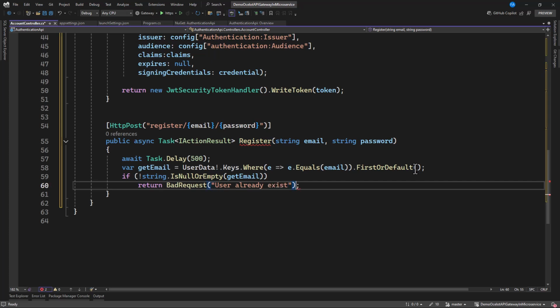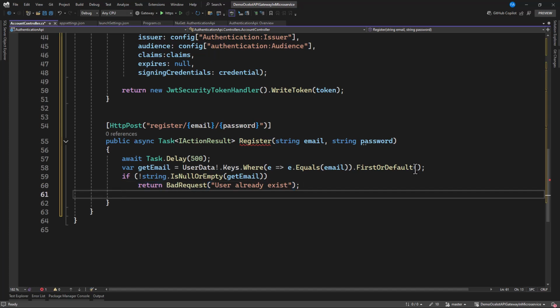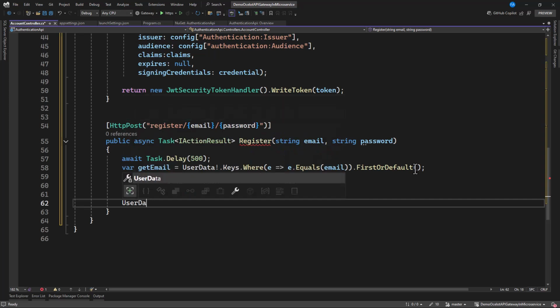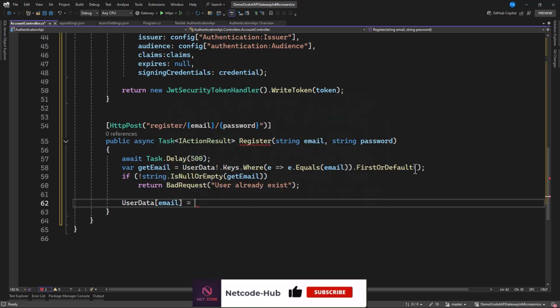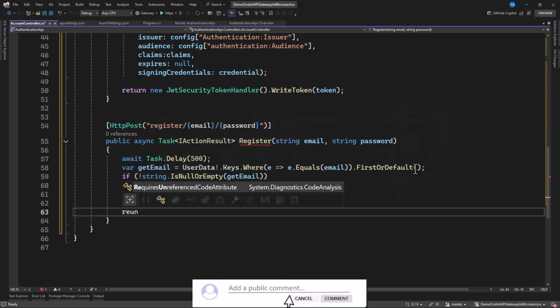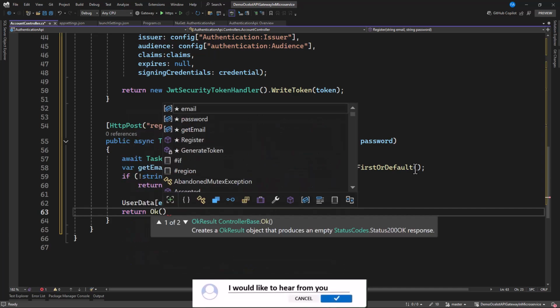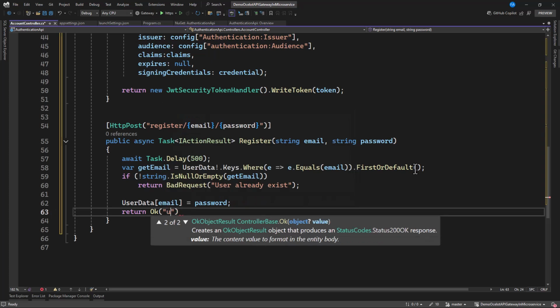Okay, but in case it is not found, then we're going to say that userData, we can have a look at this, and instead we can specify the email, that is the key that we set, and now the value is equal to password, and after that you want to return, okay, and now say user created.